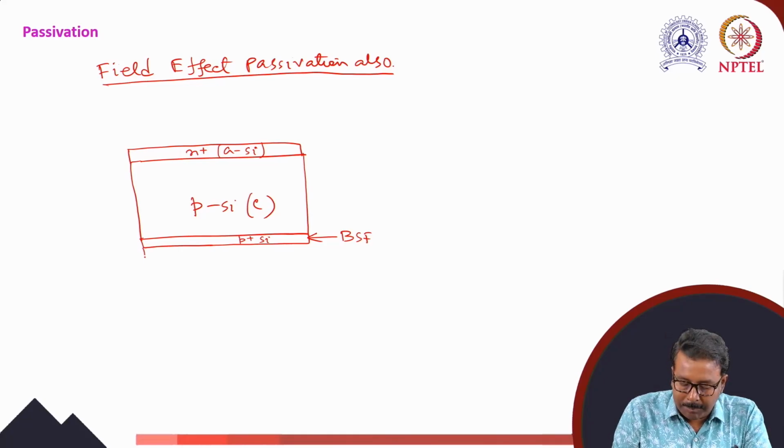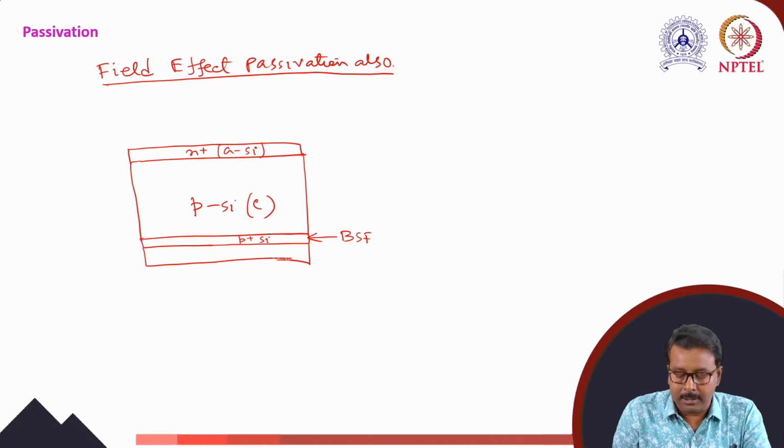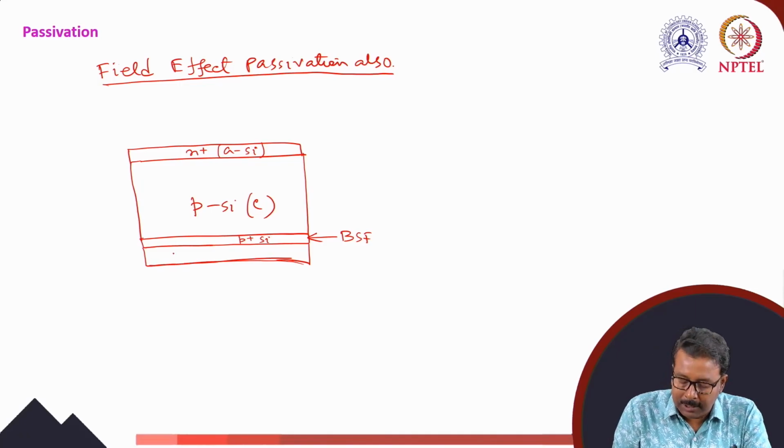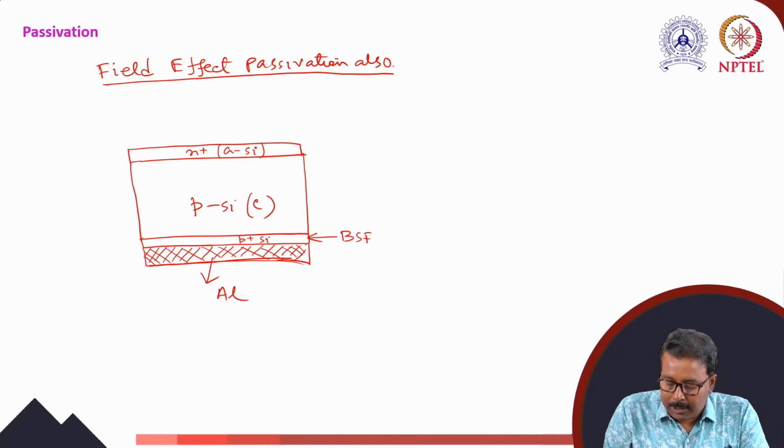Whenever you are putting some aluminum back contact, there is a simple solar cell structure I am telling, not the PERC solar cell structure. In the PERC also, passivated emitter rear contact, you remember. So there is backside passivation. So passivation is very important. So this is say aluminum contact, and due to presence of this P plus silicon, what if you observe the